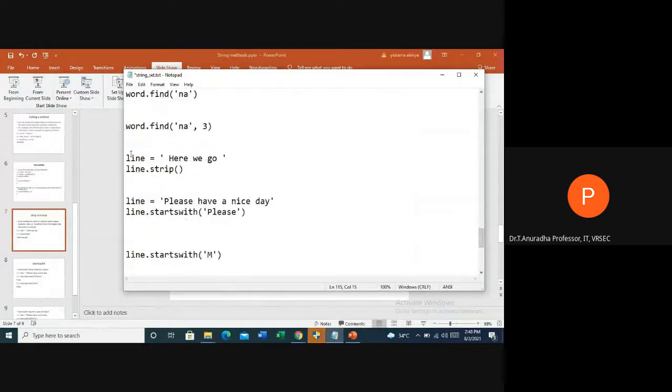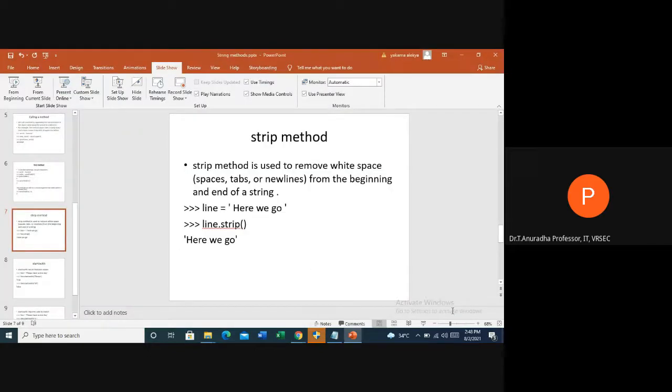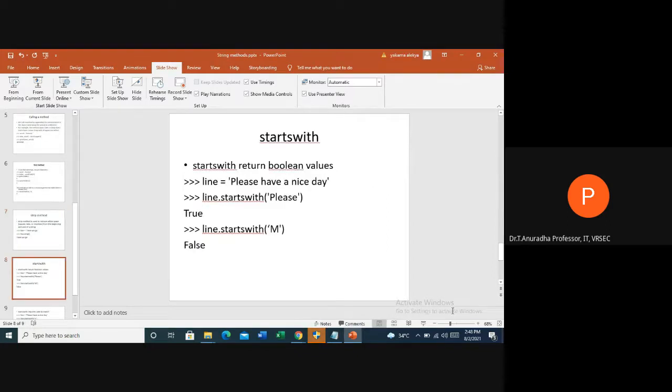The strip method is used to remove the starting and ending white spaces, that is the blank spaces that are there in your string. You see here, it has removed the beginning and ending spaces. No matter how many spaces I want, no problem, it removes all the spaces. I have increased the number of spaces now, and it is removing all the spaces from the beginning and ending of the string. So we use the strip method to remove the starting and ending blank spaces from the given string.